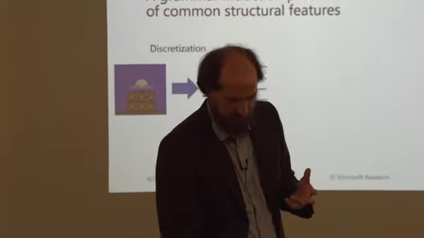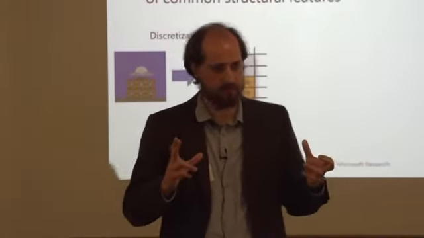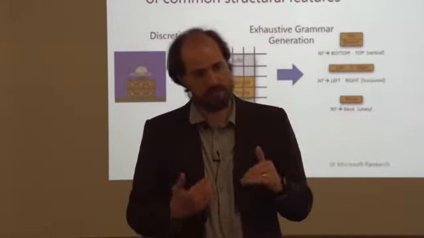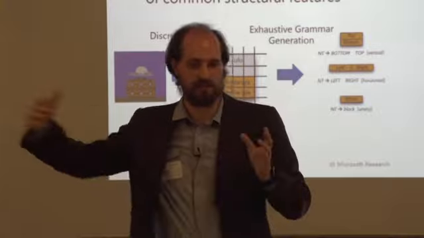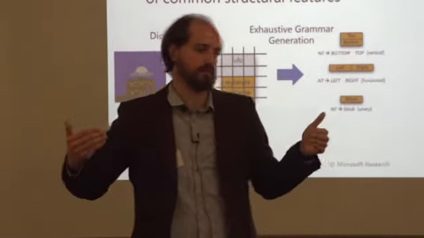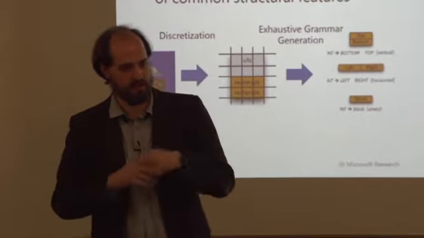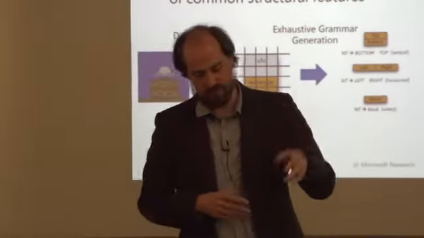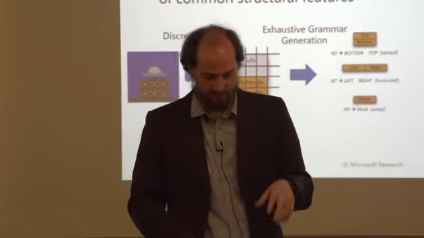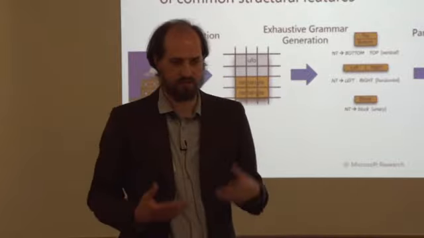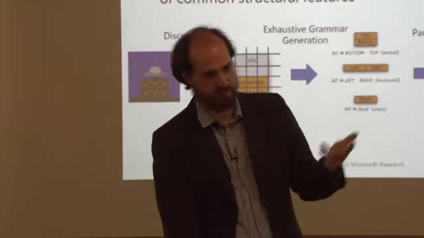And the way we did this was through a two-dimensional grammar induction process where you take a game state, you discretize it to a grid based on the size of a single square block. And from there, you learn an exhaustive two-dimensional context-free grammar across all the solutions you have. And so this is blocks that can be horizontally adjacent or vertically adjacent, and then pairs and pairs of blocks, et cetera, until you have a single block symbol. And then there's also extra rules in there that I'm not going to get into for handling negative space recursively. But from there, you can parse the tower, turn it into a feature vector, and then you can start to do conventional clustering.